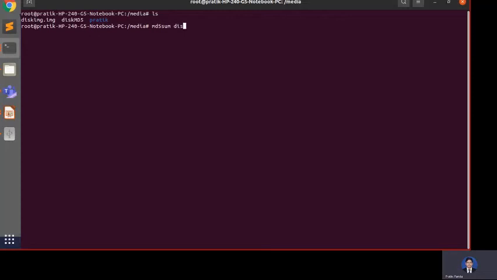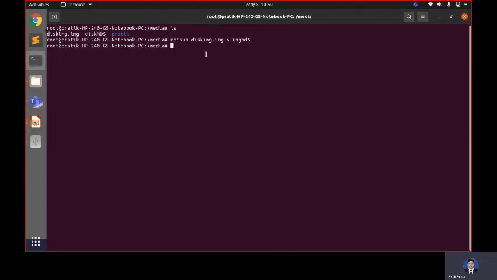disk img.img, md5. So this will also take similar time as the previous two have taken. You can see the image file's checksum is also created. This I created first, that is the disk image. This I created secondly, that is the MD5 checksum of the disk, and recently I have created the MD5 checksum of the image file.